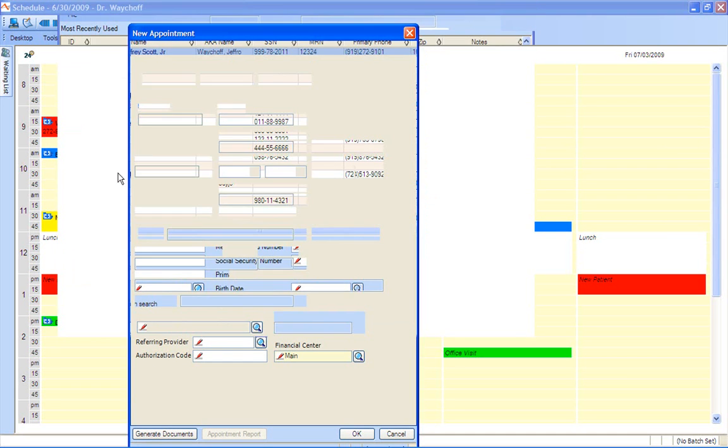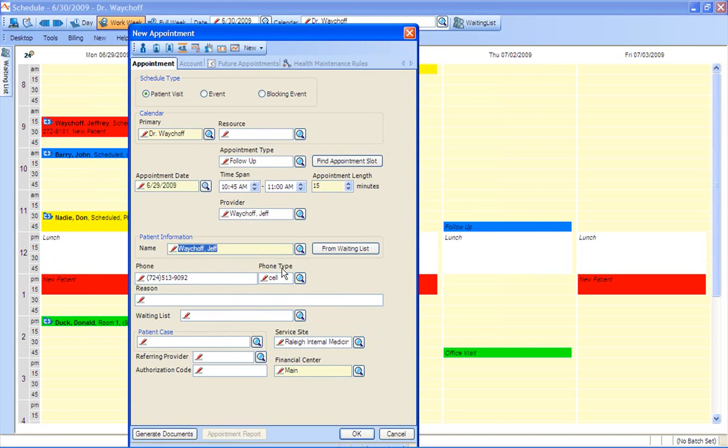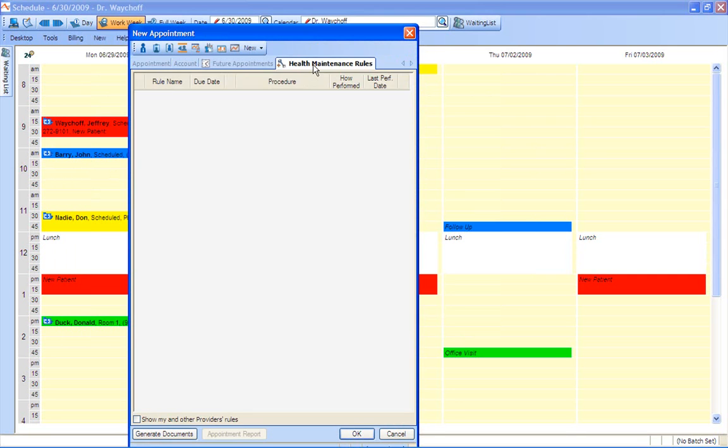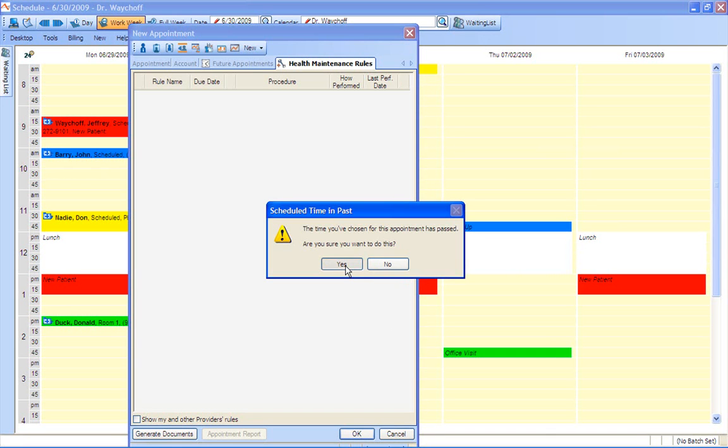If we want to schedule that appointment, we can come in here, enter in that patient's name, and put in the reason why they're coming in. Maybe they're coming in for the flu. Since it's an integrated system, you also have the ability to check health maintenance rules. So here's where you can see if anything's overdue for a patient. We see that nothing's overdue for this patient, which is good, so we can finish scheduling the appointment